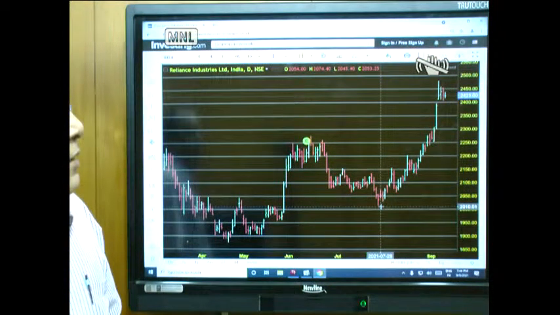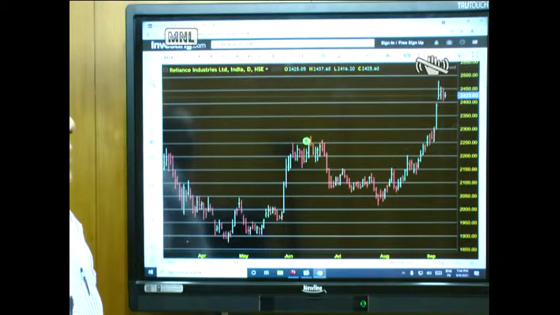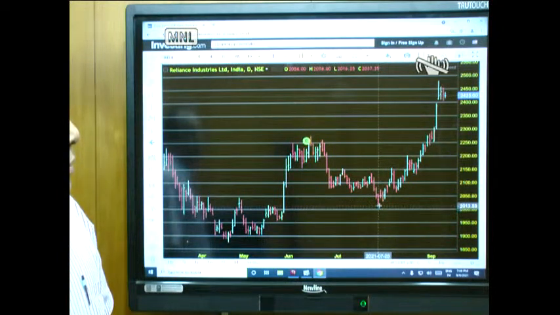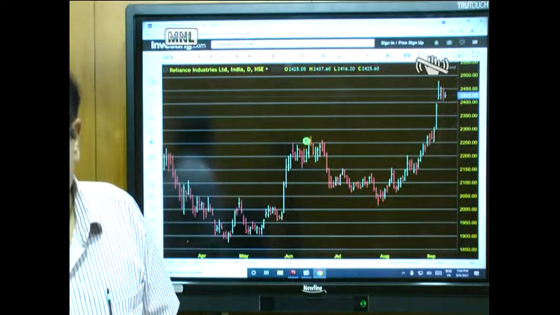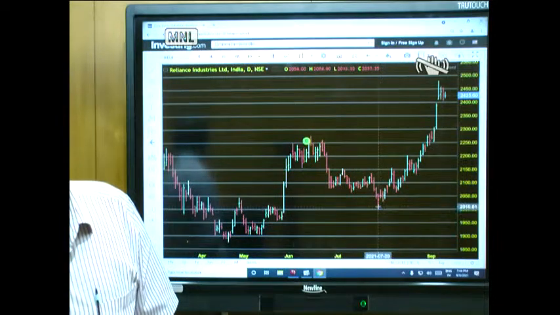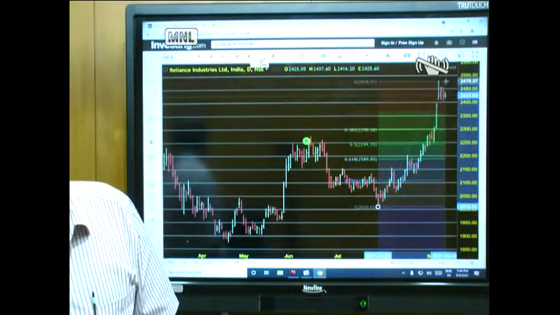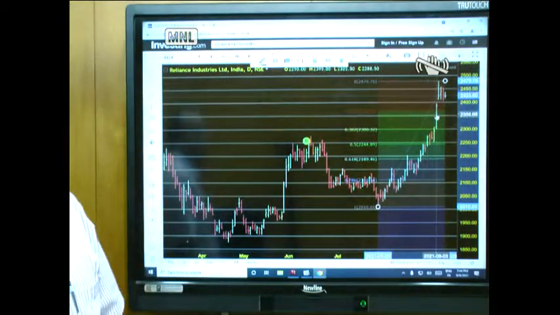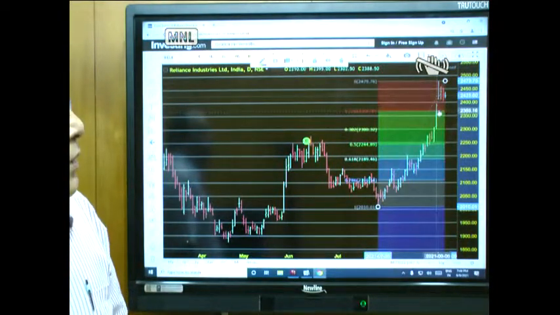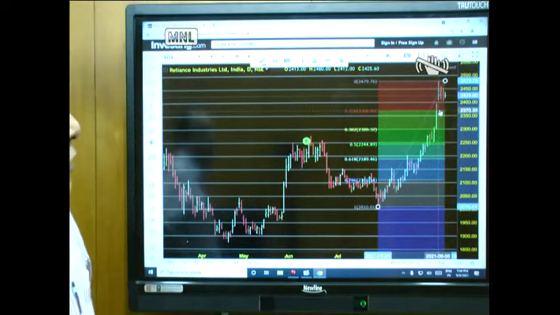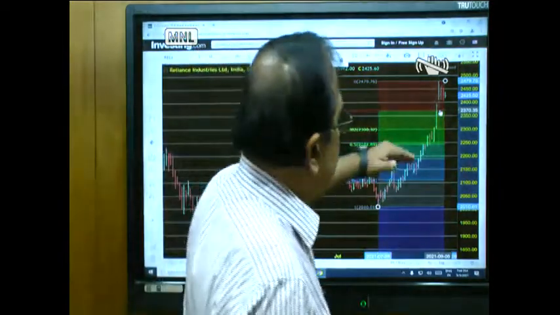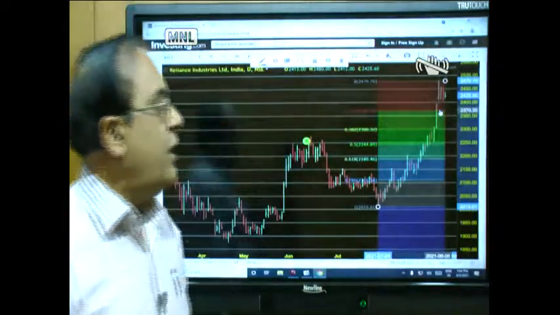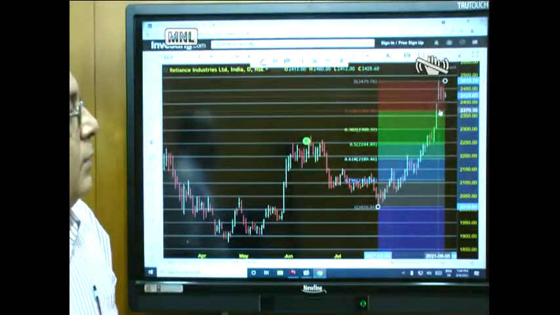So let's look at where the first area of support can come for Reliance. So 2368. So I think the 2479 to 2368. So it has to fall below 2368 before we take a call that Reliance has